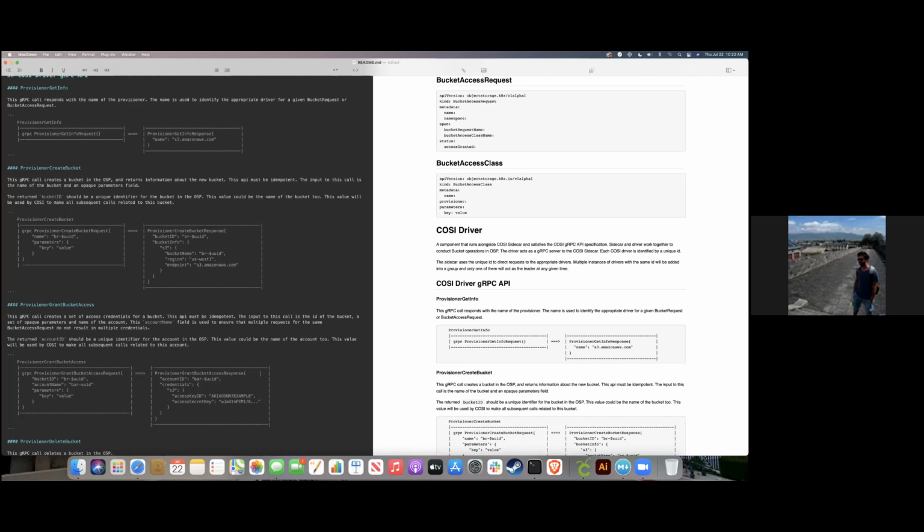Right. Okay, I see. And the key is that for idempotency, if you get retries on the create call with the same name, you have to be able to map that to the same ID reliably. That's the only trick. You can't literally generate a random ID every time you create a bucket, because if you get a retry, you need to return the same ID.